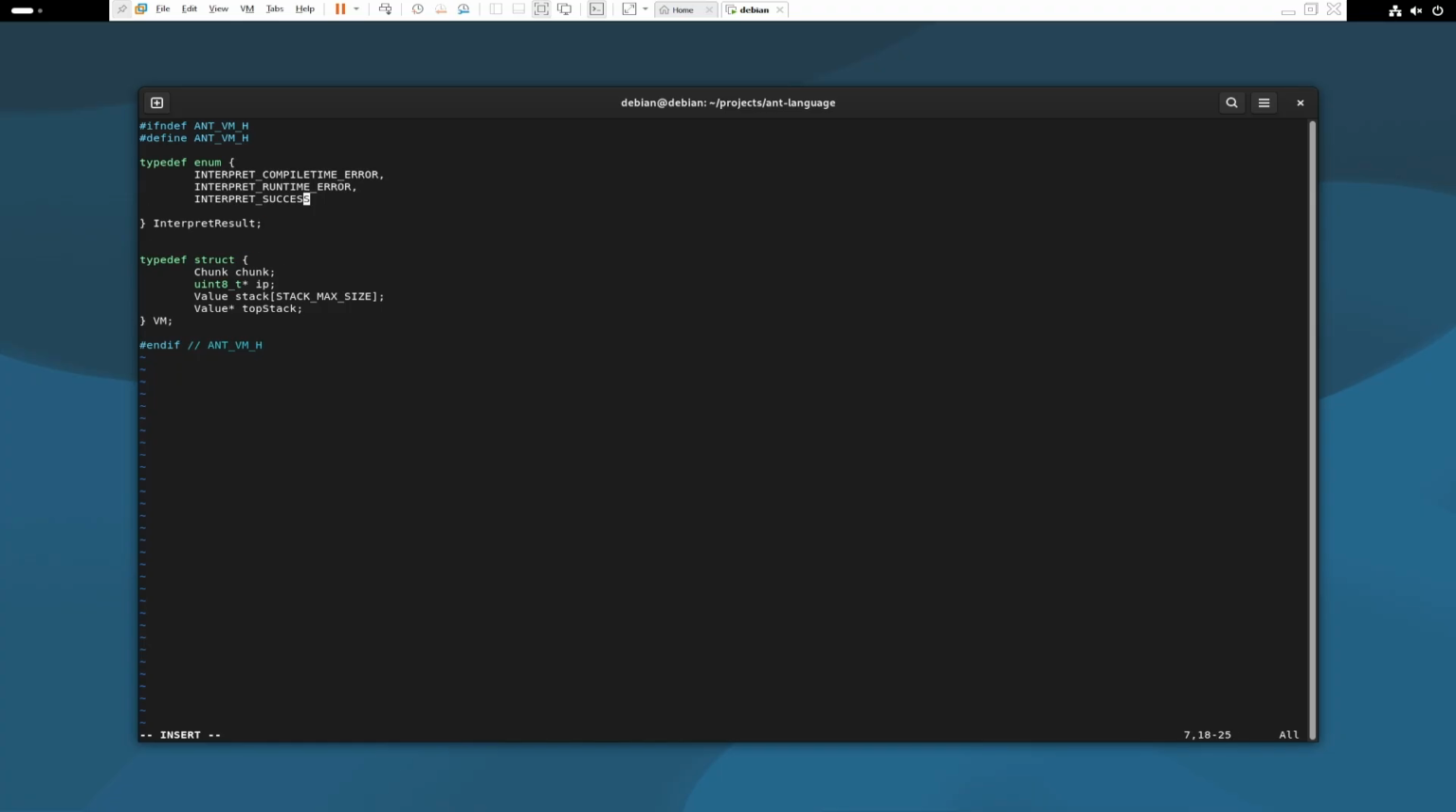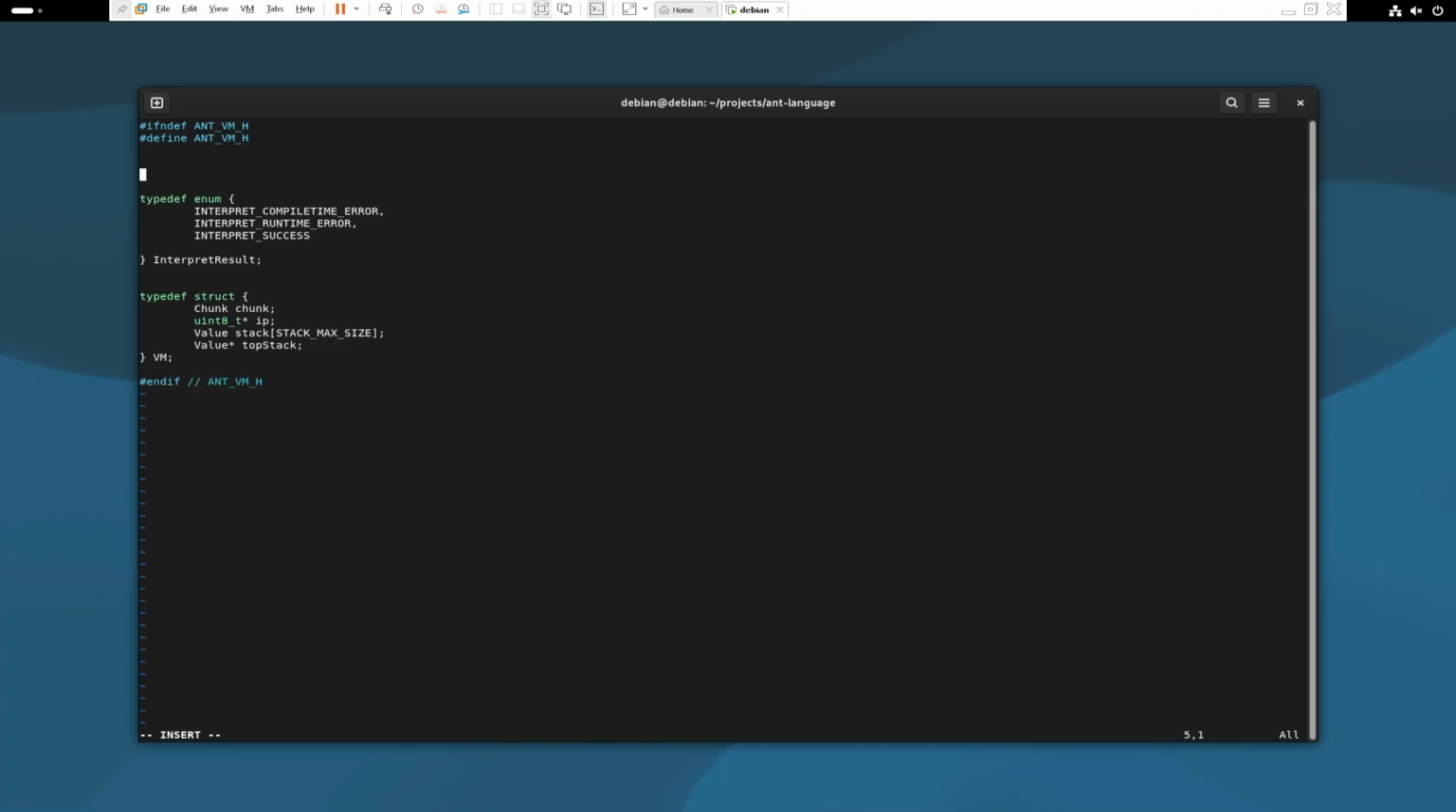Okay, so we will create that macro, define stack max size. I did that arbitrarily, you can do whatever you want, so make the value large enough. Okay, then